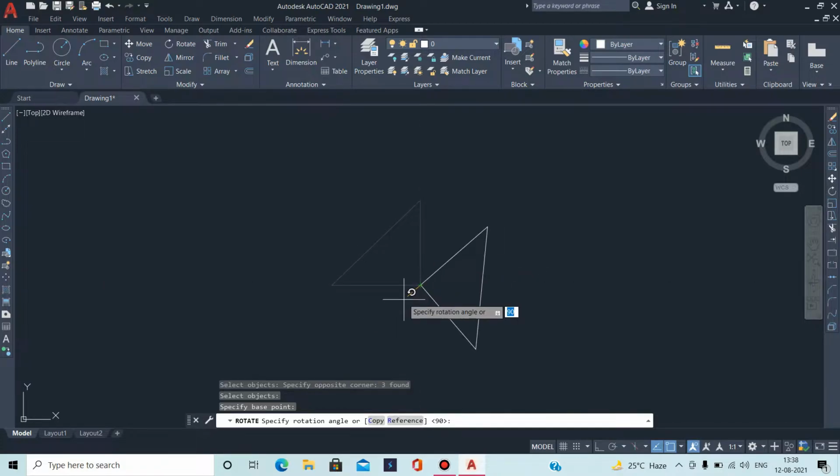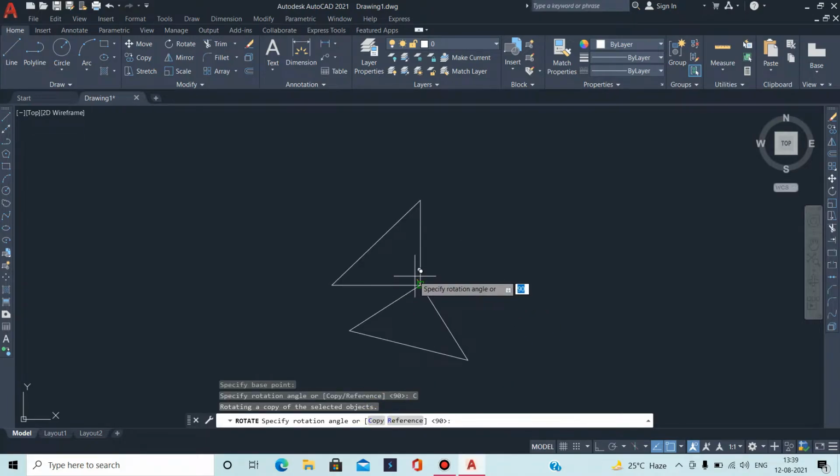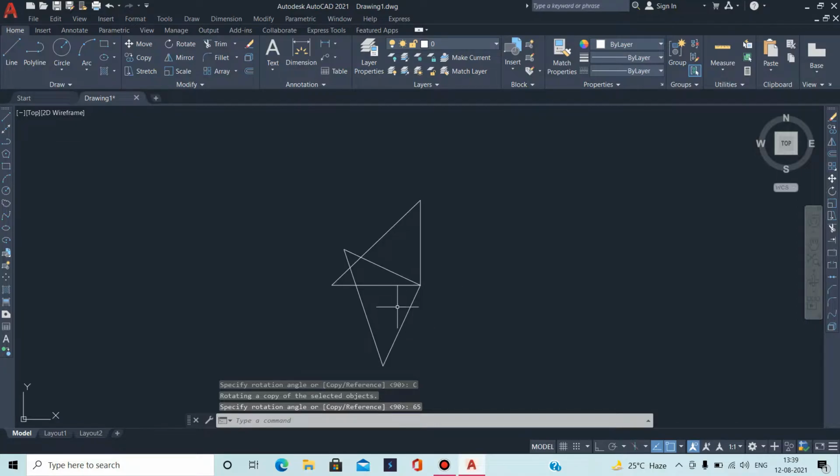So let's copy this object first. Click over the copy. So here you can see that the object is copied. Now we want to rotate this object. So let's provide the rotation angle 65 degrees, then press enter. Here you can see that the object is rotated along the 65 degree angle.